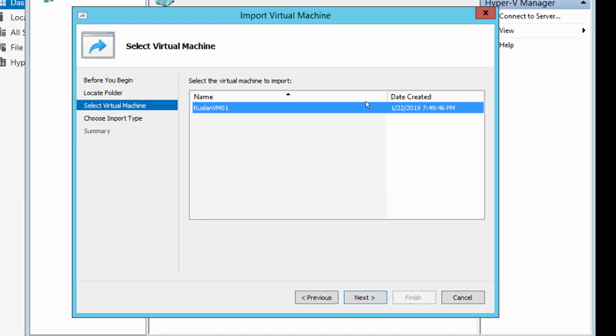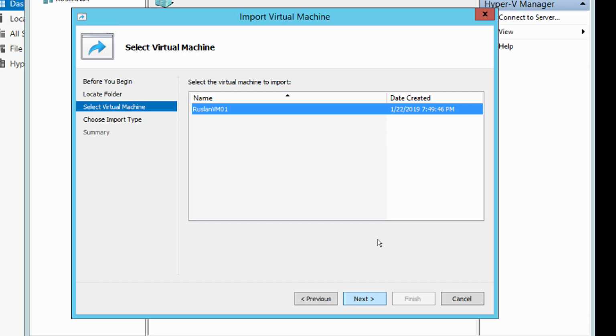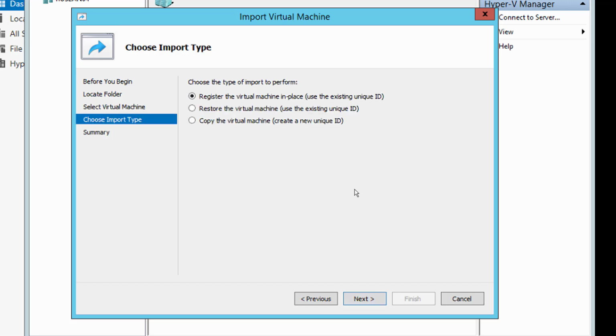Okay, so yeah, it's the machine that it detects there, which is good. So nothing here, right? If you take a screenshot, yeah, then click next. I'm on this screen now. So click next again. Now that's the most important screen here, that it says that you want to use the